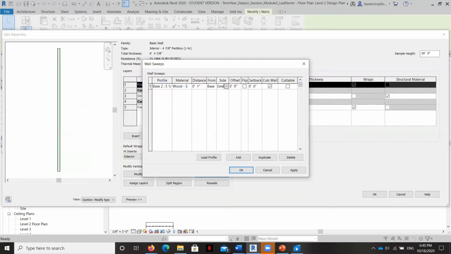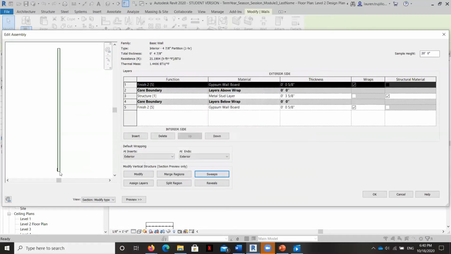And we can have it on the exterior side, and we can also put one on the interior, but they're two separate sweeps. Offset is if we wanted it to kind of float out into the middle of the floor. And so that's where we could put it there. And we will go ahead and leave it at that. We'll hit apply, and you'll see it here. Look, there it is. Offset 1 inch from the ground.